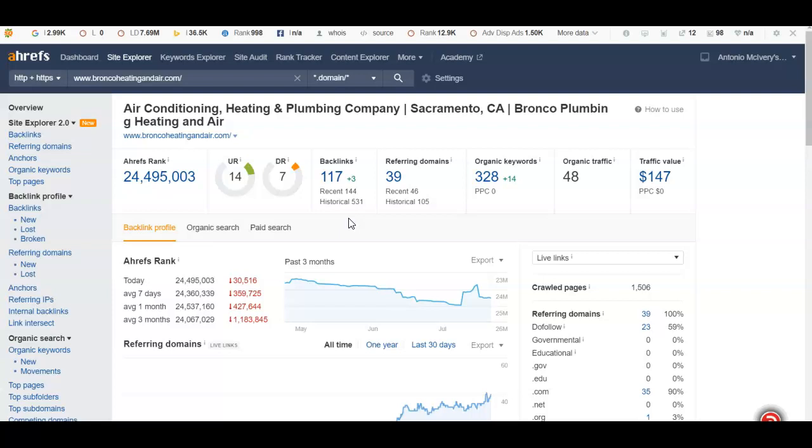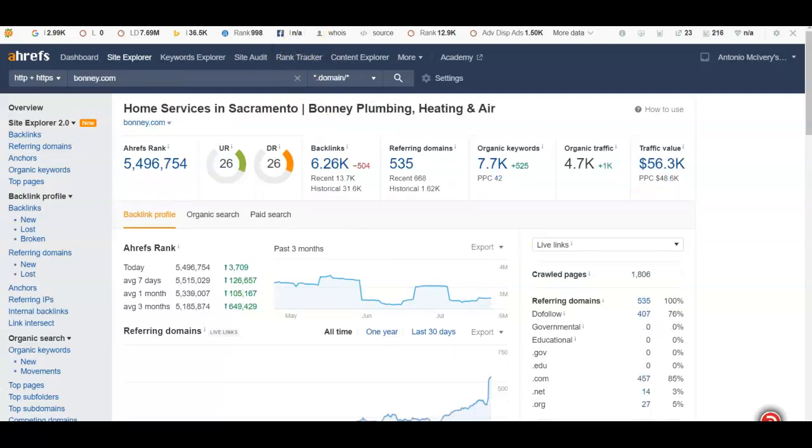So we want to make sure that you have some good quality backlinks. What we can do is look at your competitors' backlinks and build the same backlinks for you as well to help increase the traffic. You're utilizing 328 keywords, bringing in about 48 people to your website per month and generating about $147 in revenue. Now, this tool is not 100% accurate, but it does give us an idea how the website is doing.